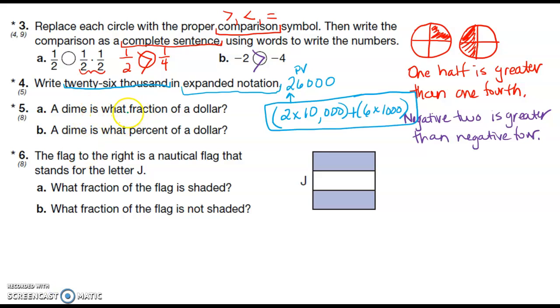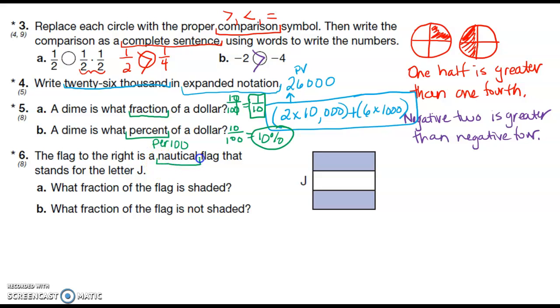A dime is what fraction of a dollar? So a dime is 10 cents and a dollar is 100 cents. My zeros are going to cancel, so the answer is 1/10. A dime is what percent of a dollar? So percent is per hundred. And if I go back up here, a dime is 10 over 100, or 10 cents over 100 cents, which means it's 10% per hundred. 10 per hundred. Number 6,